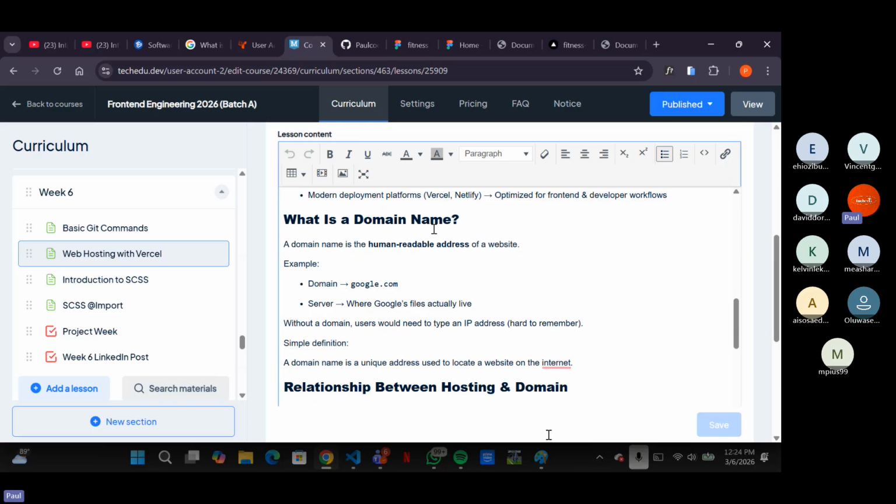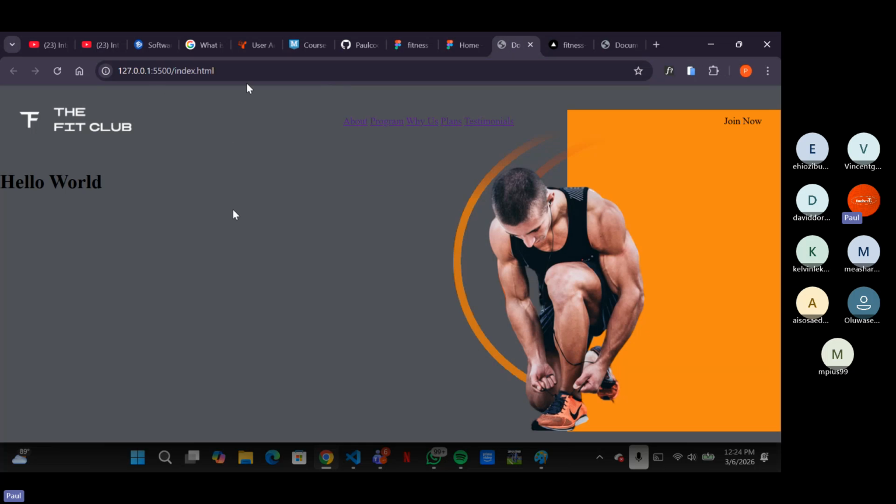Now, let's talk about domain name. A domain name is the human readable address of a website. So what do I mean by human readable address of a website? So for instance, I showed us something today,